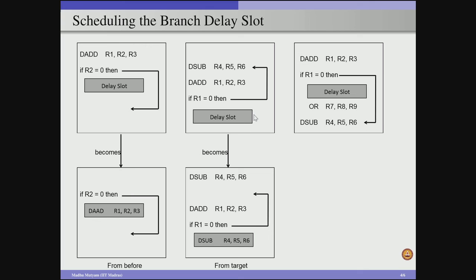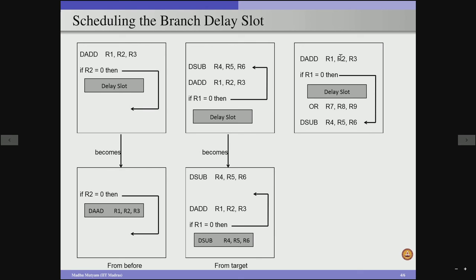In the third case, we have an add instruction which is performing add of R2 and R3 and storing the result in R1, and there is a branch instruction which is comparing R1 content with 0. If it is true, then we are going to execute the subtract instruction, otherwise we are going to execute the OR instruction. And now see here, this branch instruction is using the operand which is the destination operand for the